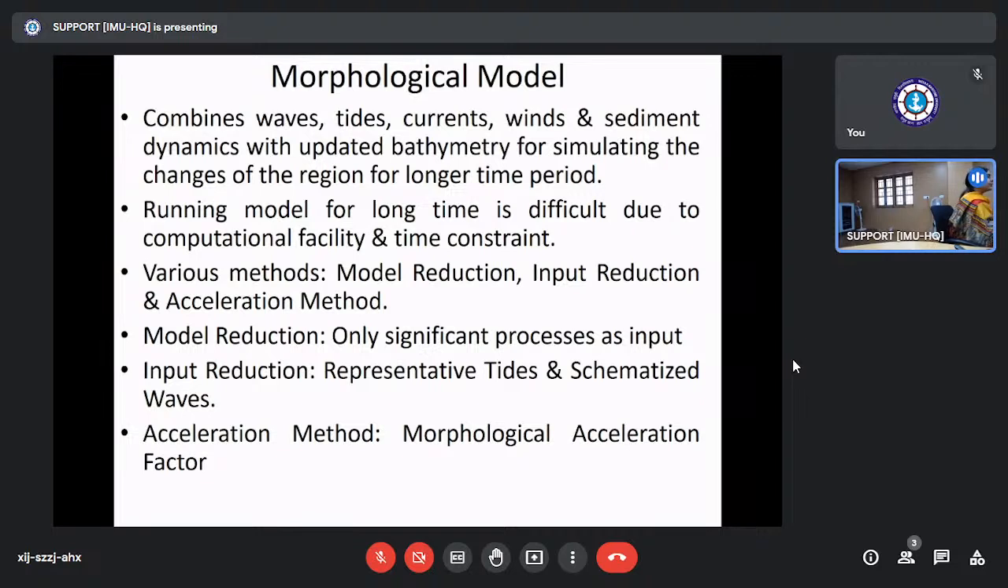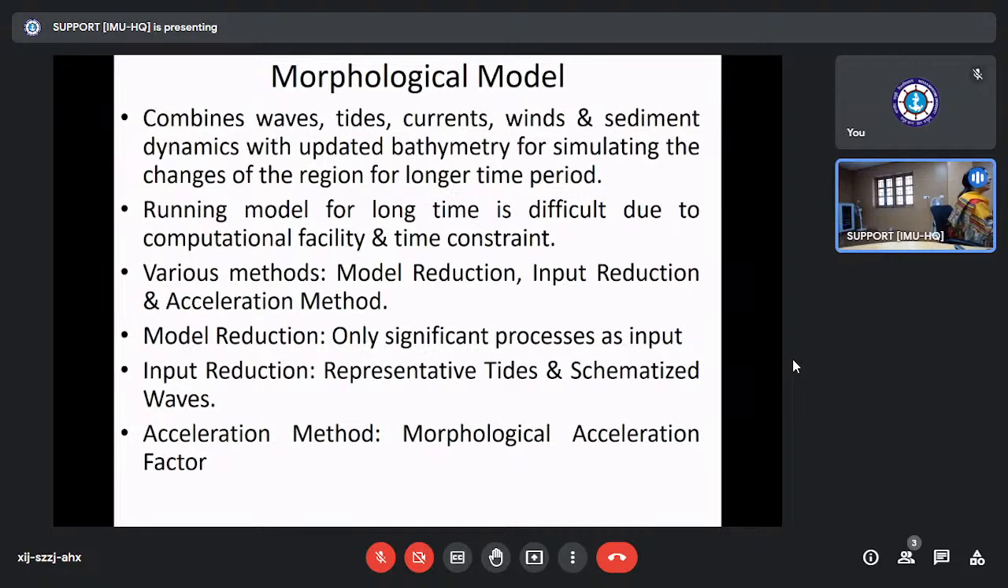First of all, model reduction, where only significant processes are used as input. Like for my first variant, I have included only tides, as waves coming inside the bay are very less. Secondly, input reduction. Input reduction means instead of using the full climate, like full tides, astronomical tides, or full wave